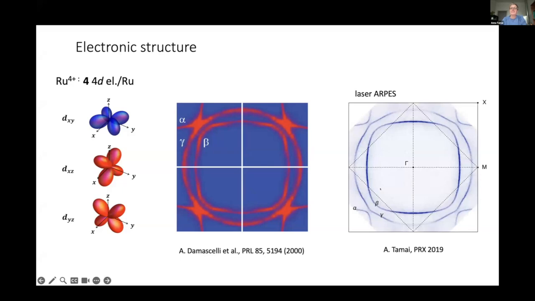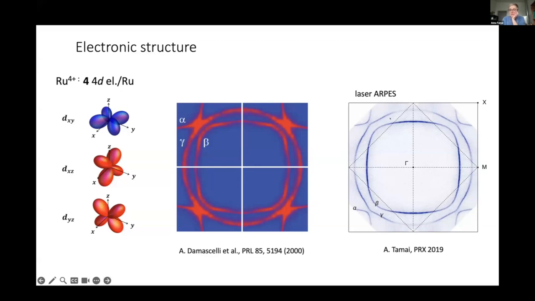20 years later, the same material looks like this, measured by laser ARPES in our home lab. And the measurement became much more accurate because we use lasers as excitation sources. So we have a higher energy and momentum resolution, and also lower temperature. So the data quality improved, and we were able to address two questions from this data set.